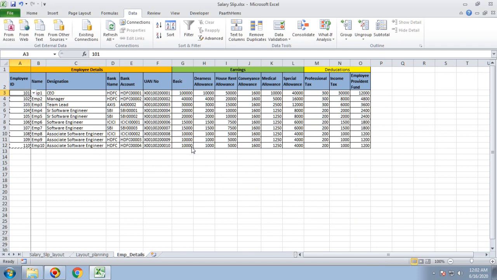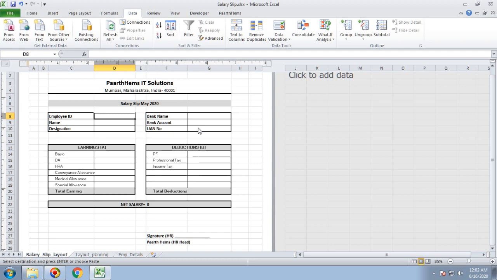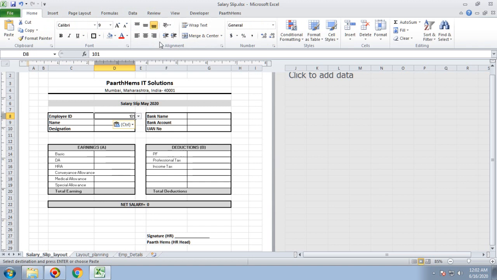Now once you select this, I have to just select the employee ID, right? And that I am going to put at the middle of the row, and make all these values bold. So whenever new values are fetched here, they would be bold. The next, bank name or the remaining details that we are going to put over here,